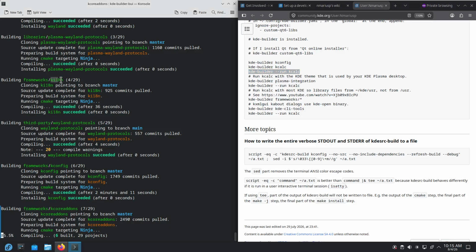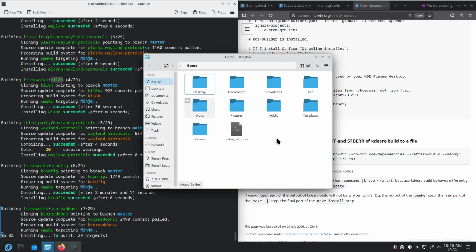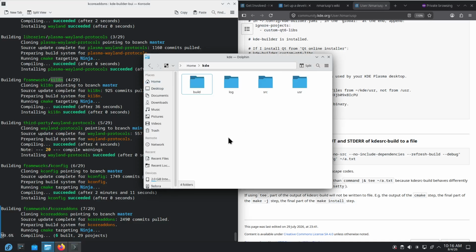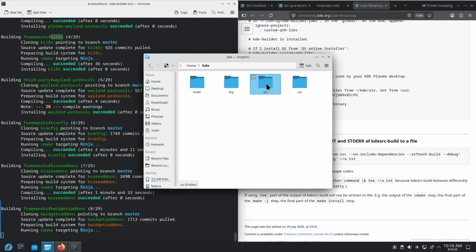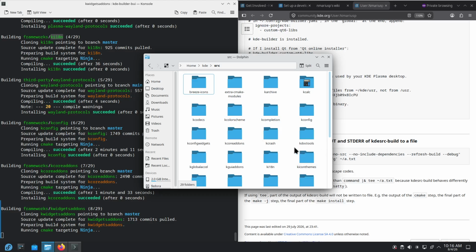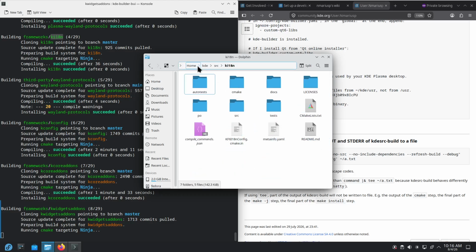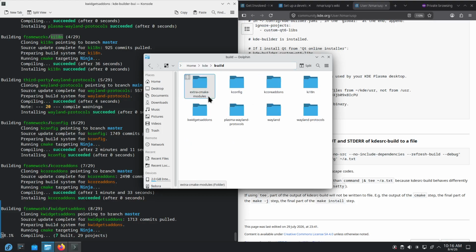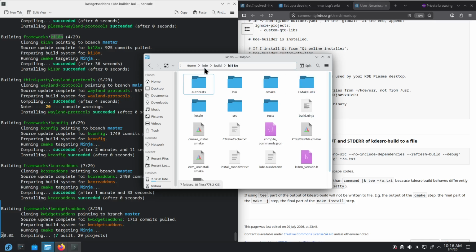So for instance, for KI18N, K internationalization, which is a KDE framework, kde-builder will do a git clone in this directory, ~/kde/src/ki18n, builds in this directory,